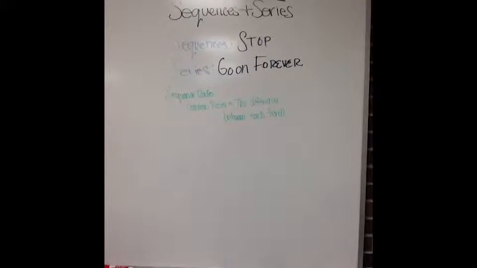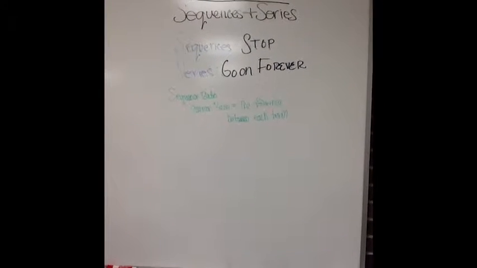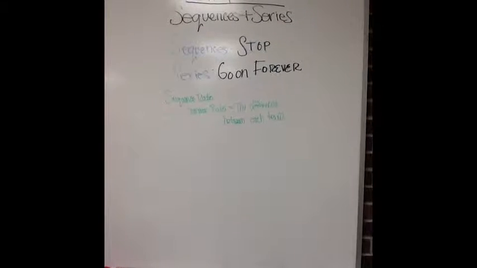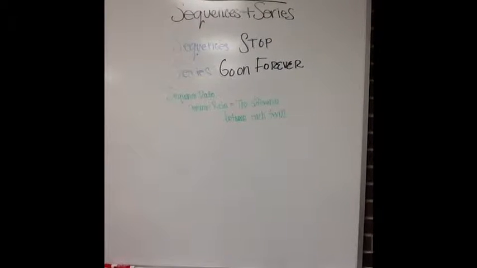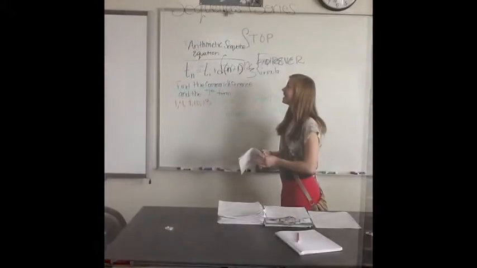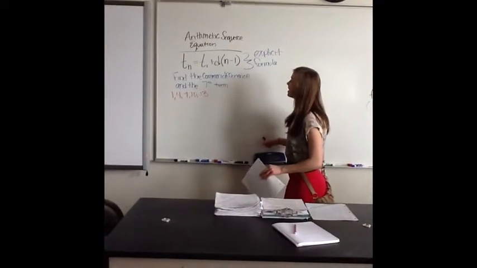Chapter 12, Sequences and Series. Sequences stop and series go on forever. The sequence ratio, common ratio, equals the difference between each term. This is the equation for the